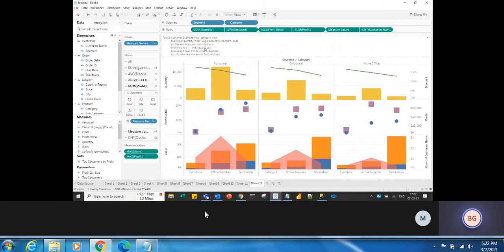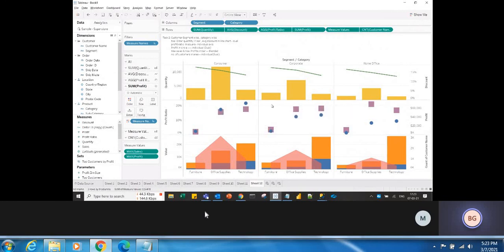Dual is? So dual, as you mentioned, both are in individual axis. Both should be an individual axis chart. What that means is, first I want to show profit ratio in the square as an individual axis and profits in circle as an individual axis. So after making the individual axis, this is the additional requirement I am asking you to make it dual axis. If you are not making this as a dual axis, then it will show separate axes. Okay.